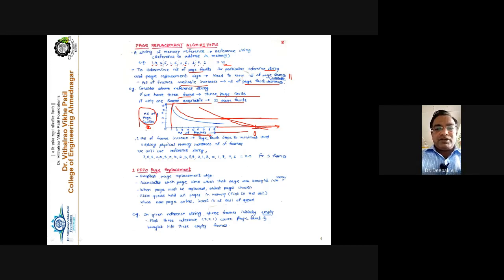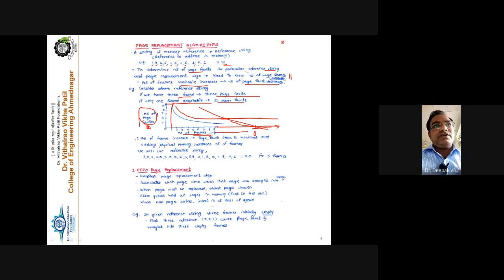So what are the disadvantages of page faults? If there are more page faults, what is happening here? The processor spends maximum time on switching processes from secondary storage to primary storage, the main memory, and from main memory back to secondary storage. The maximum time is wasted on switching processes to and fro between the secondary storage and the main memory instead of execution, right? The processor must spend its maximum time executing the process rather than swapping processes to and fro between the main memory and hard disk, right?